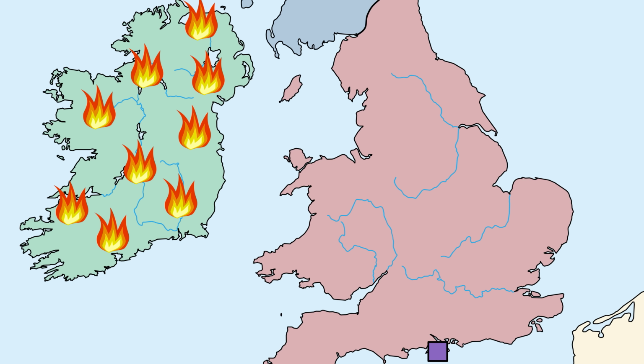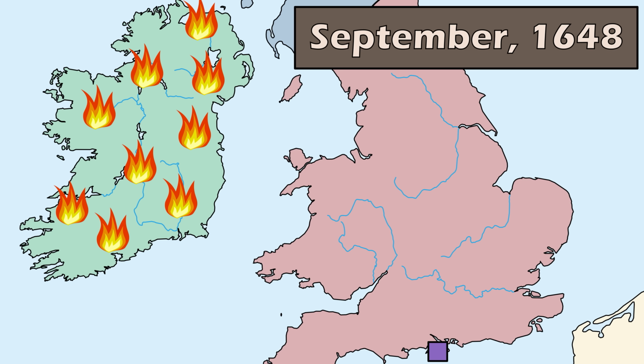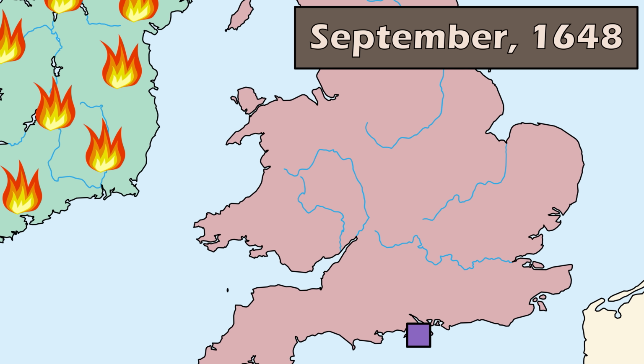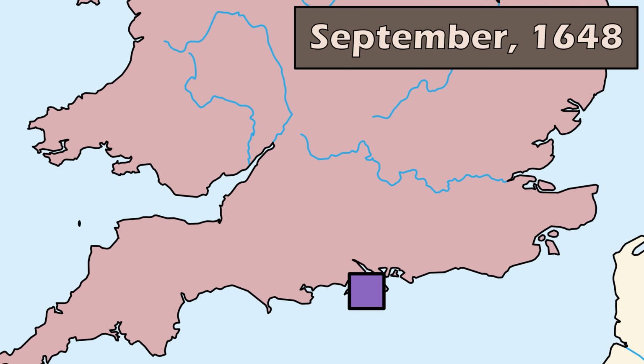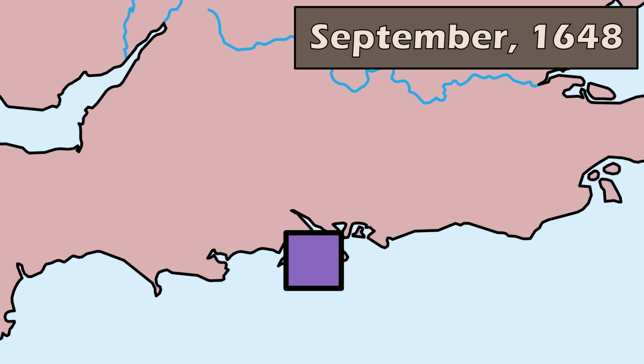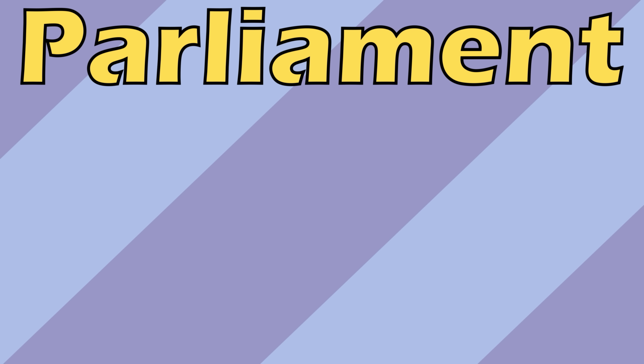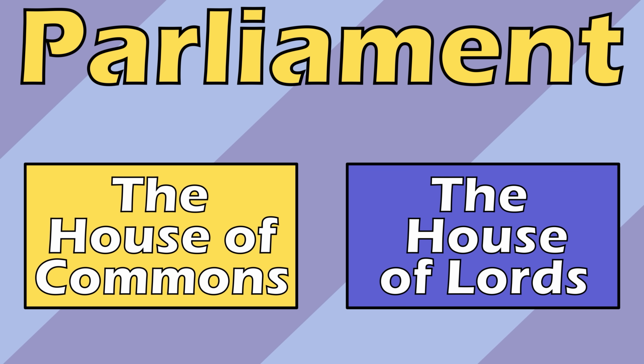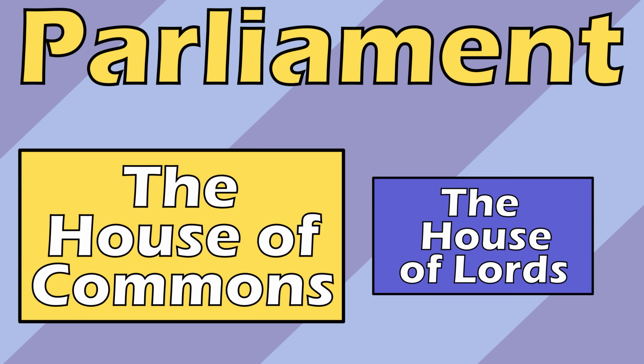That brings us up to September of the year 1648. Parliament had just won 2 civil wars, and the king was imprisoned on the Isle of Wight. The problem was that nobody knew what to do next. Parliament was made up of 2 distinct bodies, the House of Commons and the House of Lords, and unsurprisingly given